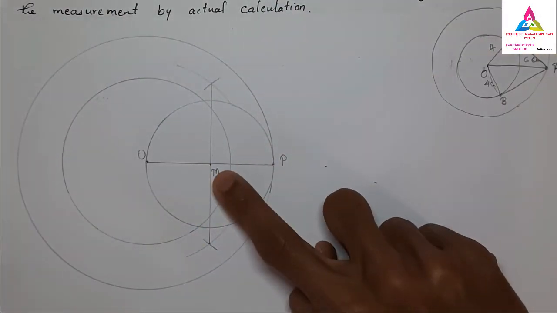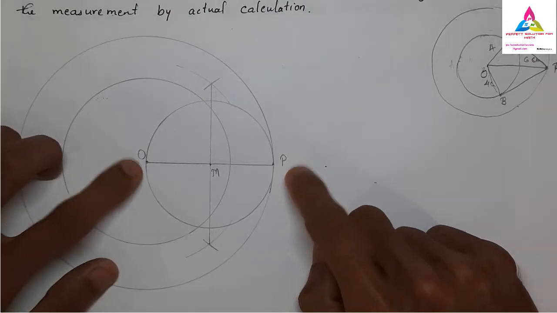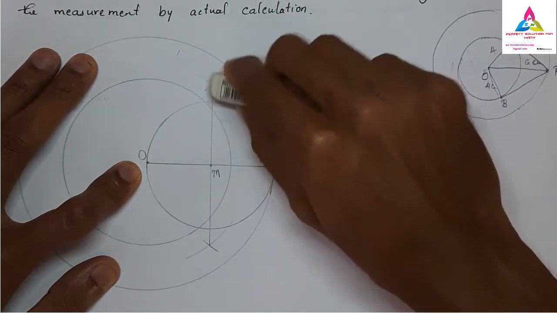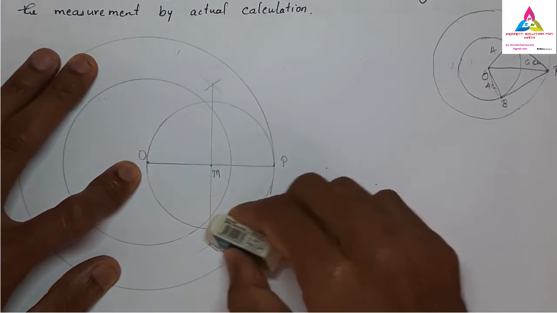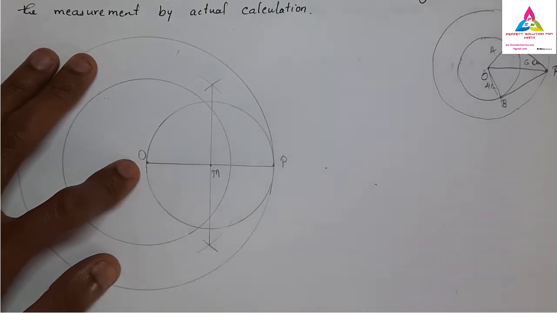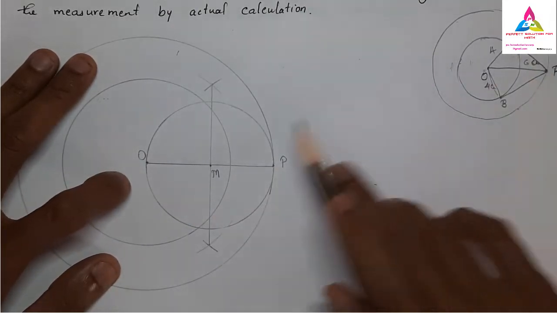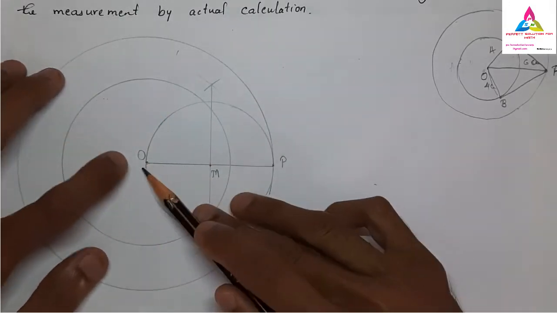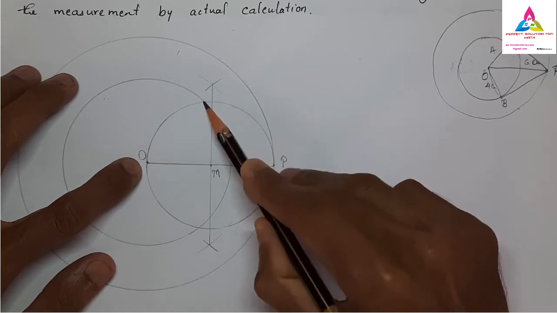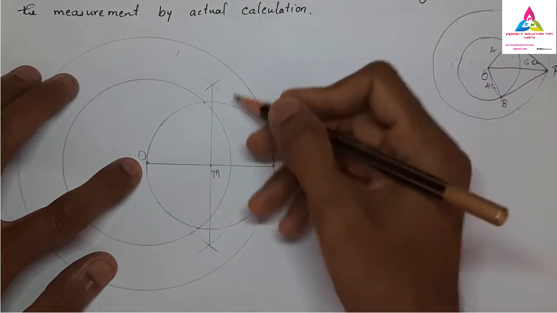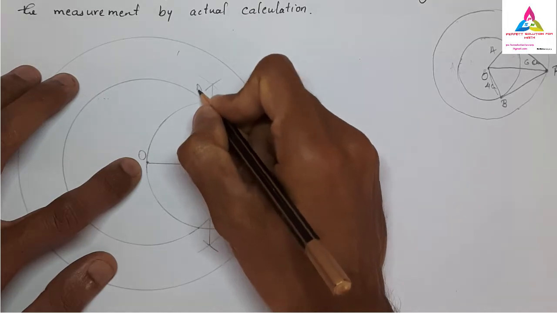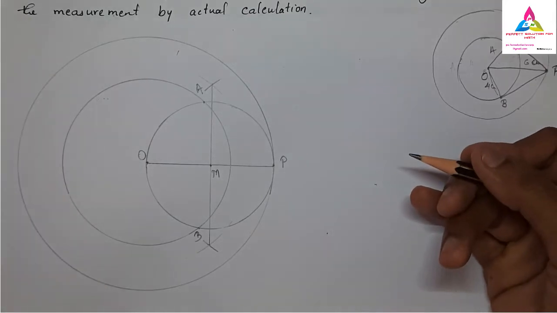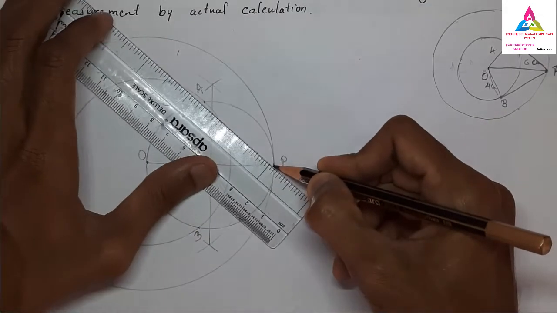See, from M I have drawn a circle. It is touching at O and P. Don't get confused, this is the arc what we have. You can make it small, because the more points you are going to get, the more confusion you may have. So remember, this circle is touching the inside circle with center O somewhere here and here. Those 2 points are our points of contact, this is B and this is A. That is a point of contact. Now you can join the next step: P and A you have to join.